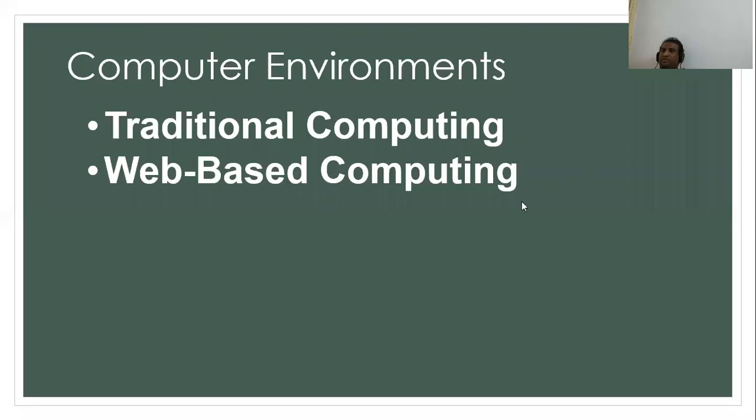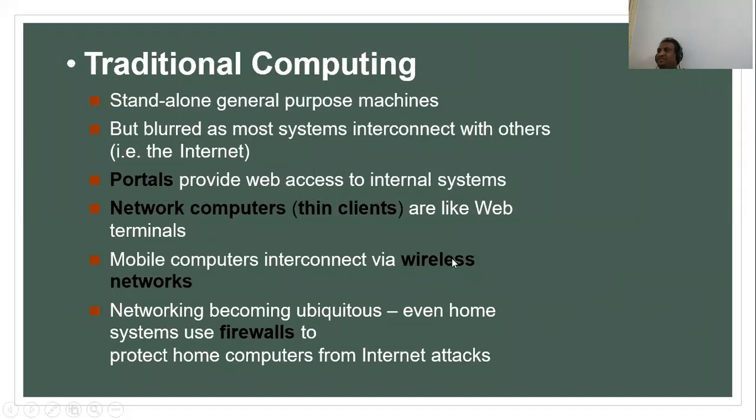Fine. So when we come to the environments, we'll be having basically two things: traditional and web-based computing. This is what a book says exactly. Any textbook that you take, this is what it is going to say. Traditional means old methods of using things. The new method is web-based, how computers are used in a web-based application. But in general, there are different categories. First we'll see what is traditional and web-based, and then we'll see in general what are the different categories of environments that we are going to have in a computer. Clear?